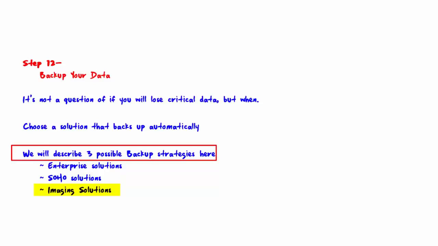And the third is imaging solutions. An example would be Norton Ghost. The first two solutions generally back up data, but not the programs installed and configured on a particular workstation. With imaging software, you take a snapshot of a specific workstation. So if the workstation crashes, you can quickly recover all installed software and